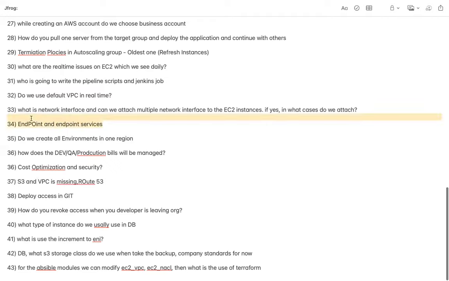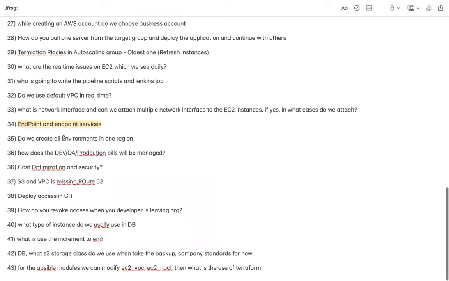Endpoints and endpoint services are services which are used inside your AWS VPC itself, right? Let us say you have a subnet, a component of your VPC, and you want to copy your data from an EC2 machine to S3, and your EC2 machine does not have internet access. In that case, you can use an endpoint or endpoint service. These components are mostly used to secure things, so rather than transferring the data over the internet, you can use an endpoint service or endpoint here.